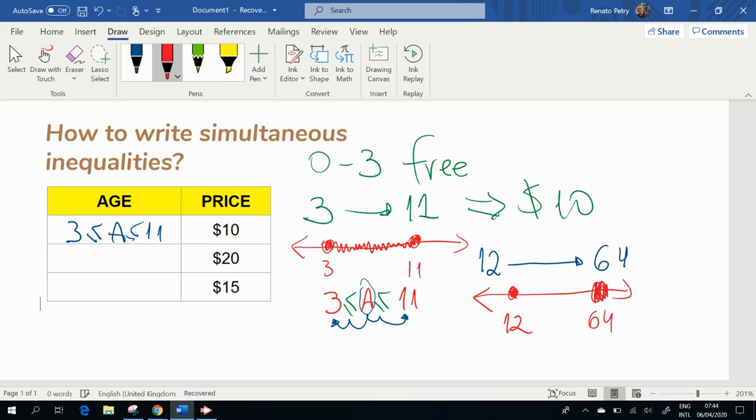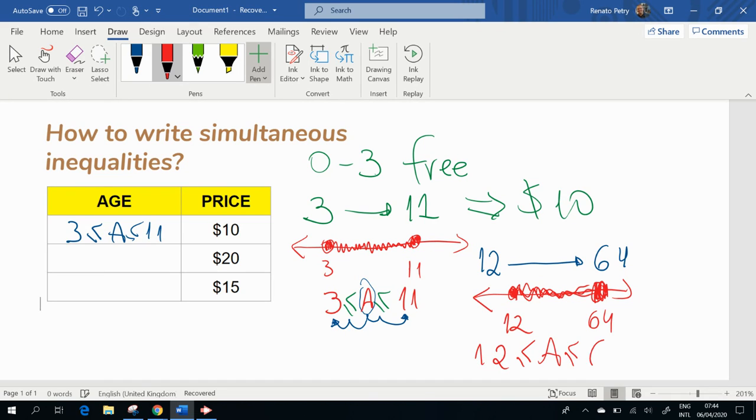I include my answer because I want people who are 65 and over to pay less. Yes, according to seniority. So I want all these ages between 12 and 64 to pay 20, because they're going to take the most advantage of my park. So I want the age to be in between